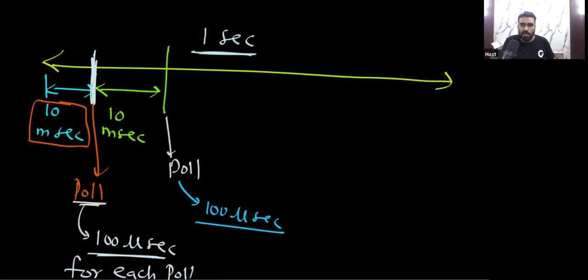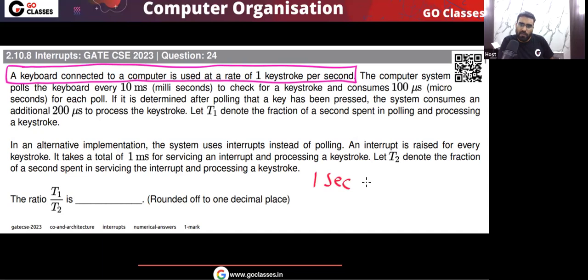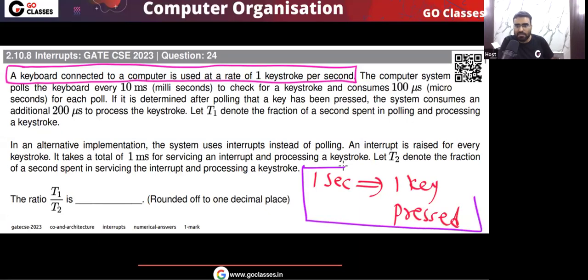Tell me, when the key will be pressed, the question is already saying that one key is pressed per second. See this. The question is already saying that in 1 second, one key will be pressed. Is this clear? In 1 second, one key will be pressed. Okay, so